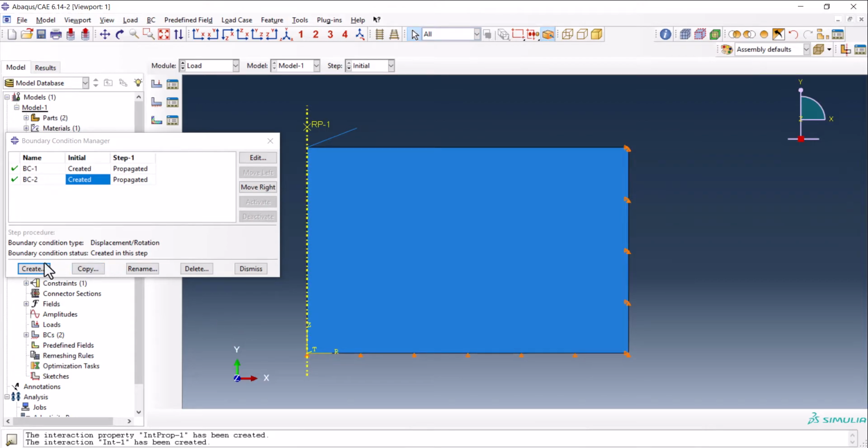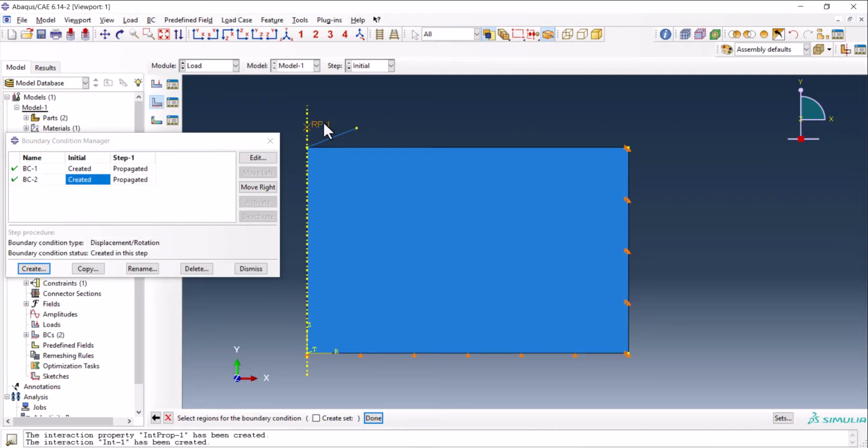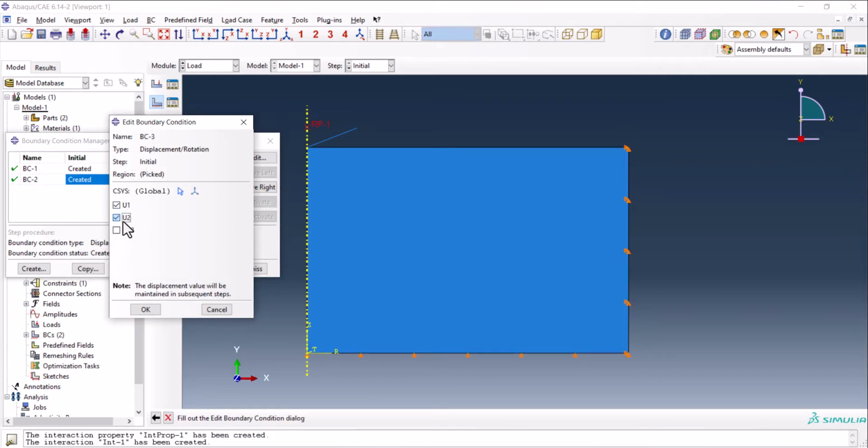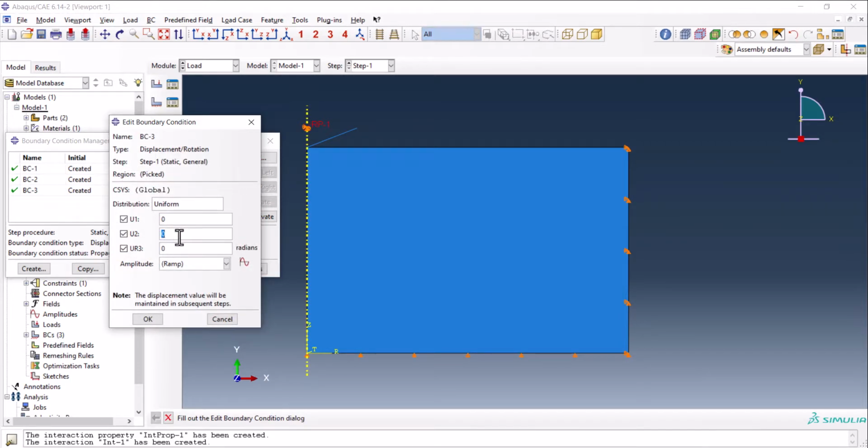And also we want to create something for the load. So from this displacement I select this one, the RP point, click on done, U1, U2, U3. So it is created. Now it needs to be changed. So I click on step 1, double click on this one, 0, 0 and minus